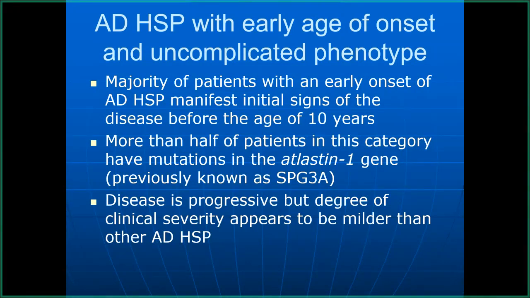So, we've seen quite a few patients misdiagnosed with the now famous or infamous CP, cerebral palsy, which is obviously such a difficult term, outside the periventricular injury, in my opinion. But again, it can be SPG3, atlastin, and these patients are relatively milder. Milder in the sense that very few patients are wheelchair dependent. So it's progressive, but